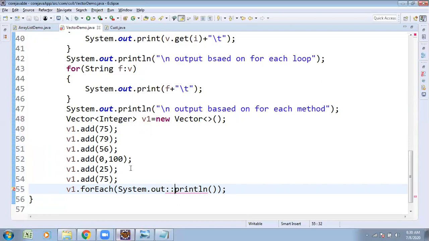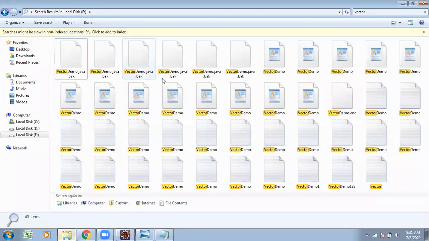Why is the issue arising? Cannot method println. System.out.println, v1.forEach method. One second.